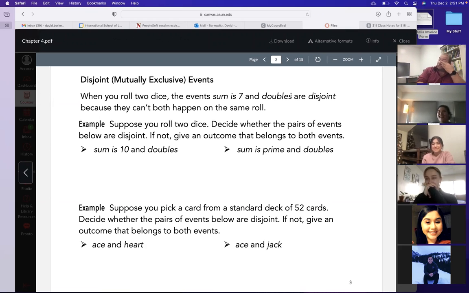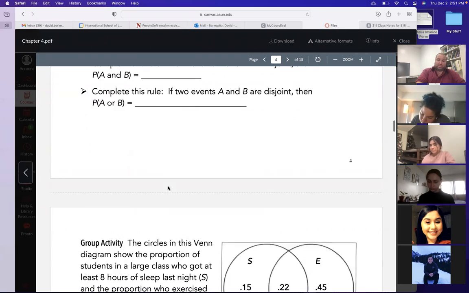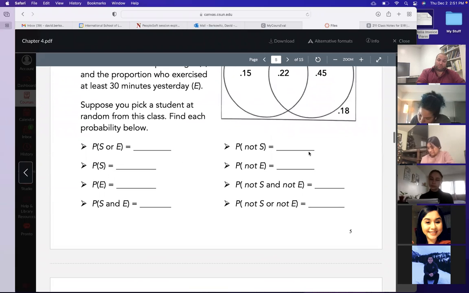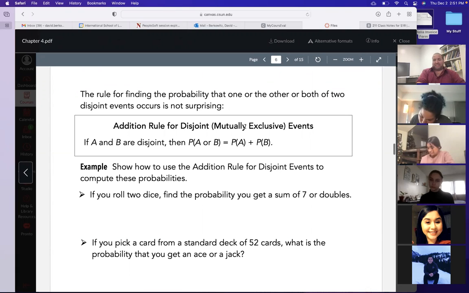Okay, so mutually exclusive events cannot happen at the same time. So if I say, what is the probability of this or that, and they can't happen at the same time, it's easy. You just add them together. There's no overlap, so I don't have to worry about double counting. But if they are not mutually exclusive, then I have to remove the double count. And we had some Venn diagram scenarios to illustrate this. It was very important. So what's the addition rule for mutually exclusive events? You just add up their individual probabilities.